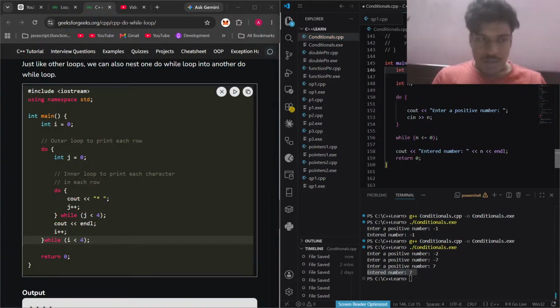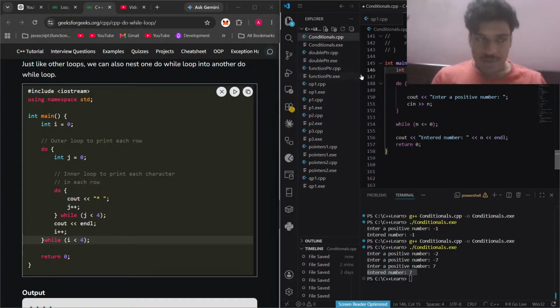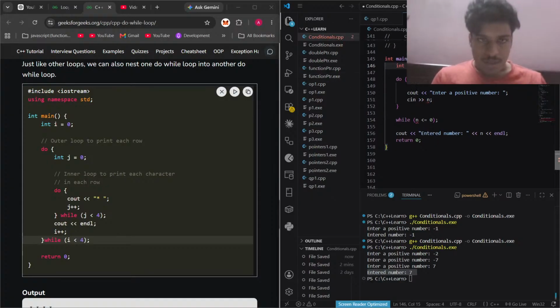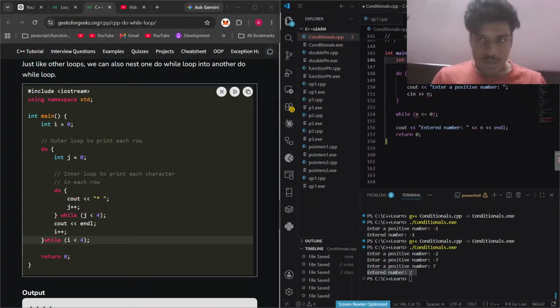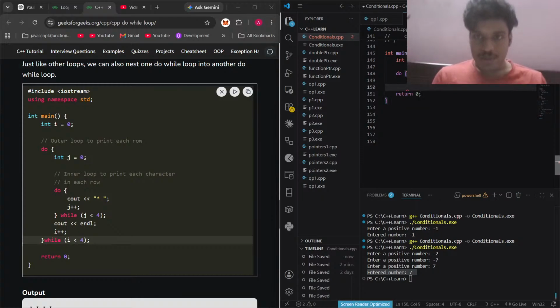So i is initialized to 0. Don't need n here. Let's remove that. And we have inside the do, let's write the outer loop first, and then we can write the inner loop. The outer loop is